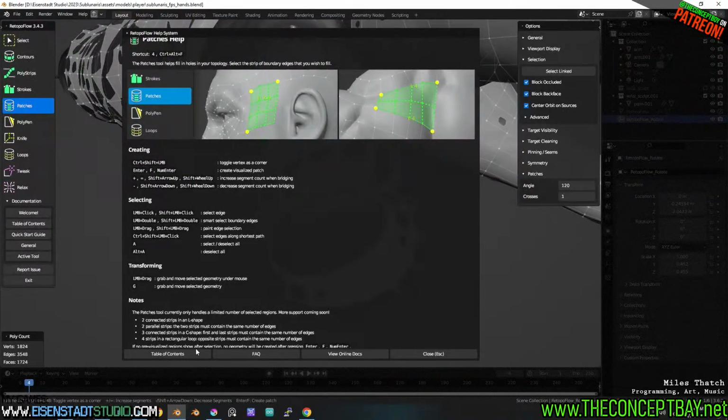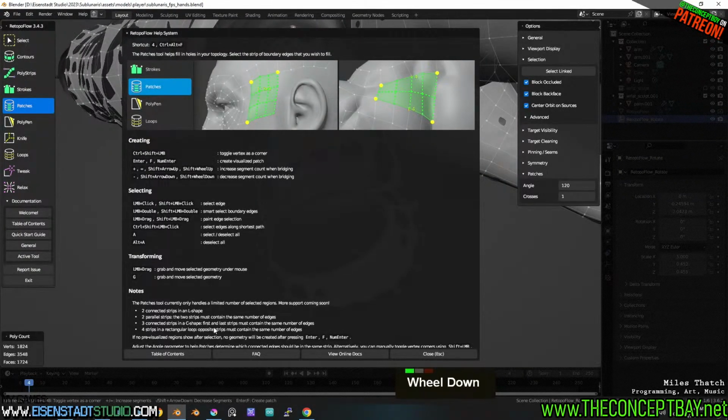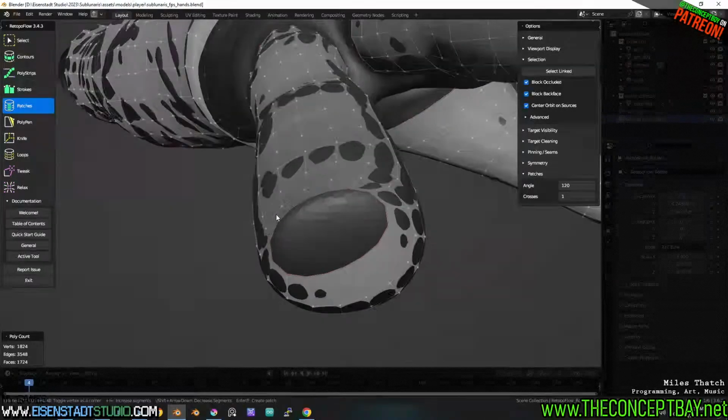Patches tool currently only handles a limited number of selected regions. 2 connected strips in an L shape. 2 parallel strips. 3 connected strips, 4 strips in a rectangular loop. Opposite strips must contain the same number of edges. Uh-huh. So if we do